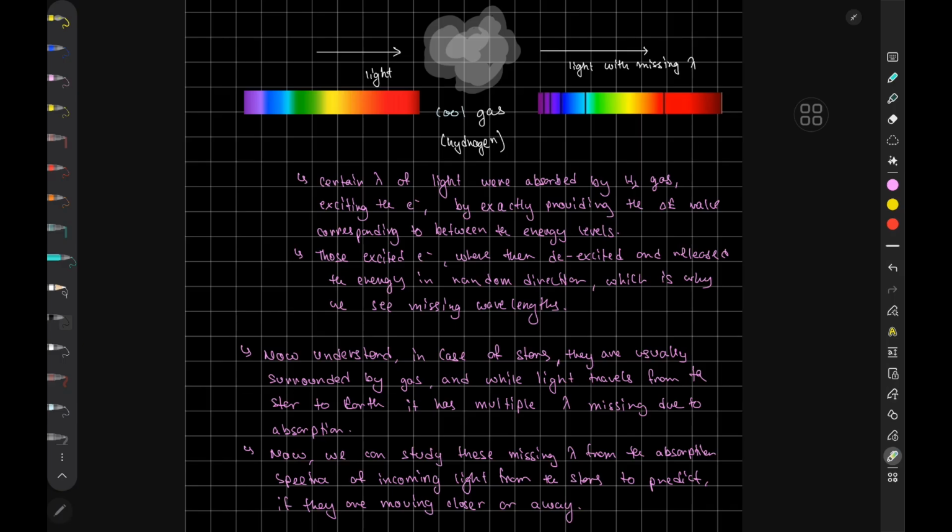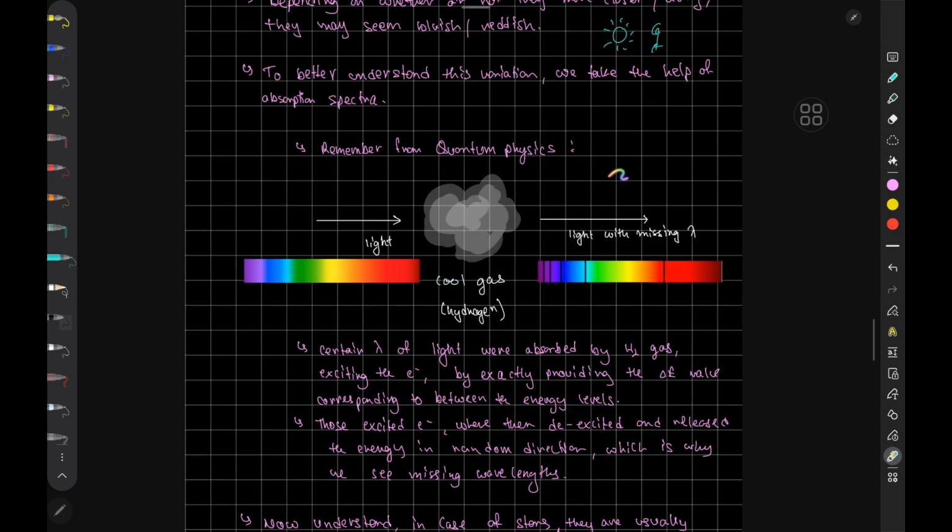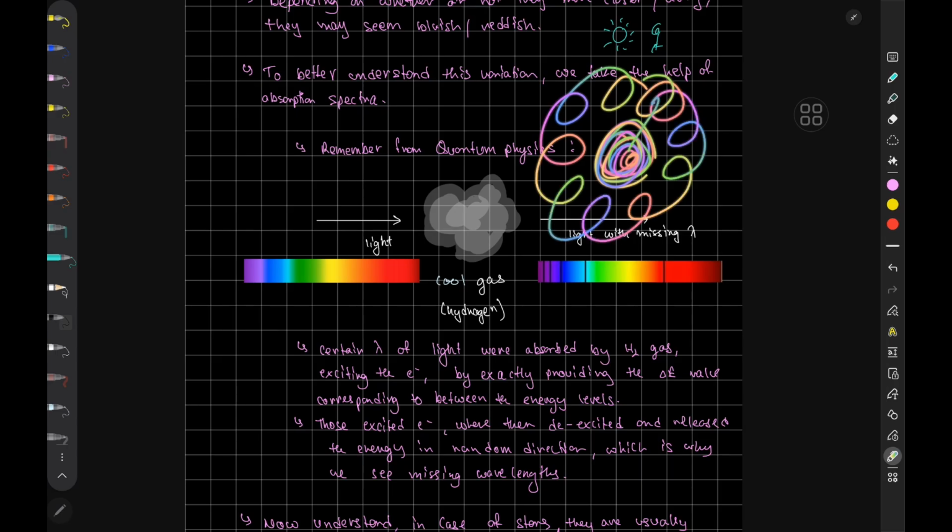These excited electrons, when they de-excite, would also release the energy, but in a random direction. So when we are collecting the image, let's say there's a star over here, and around it is a bunch of gas. So when light is emitting,